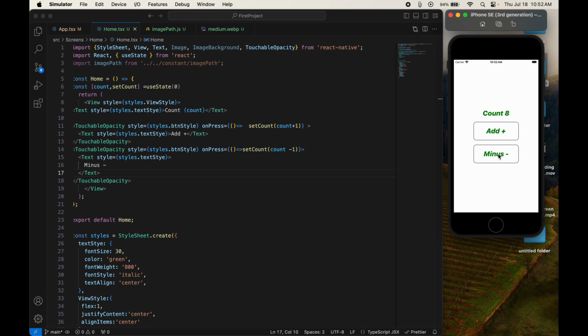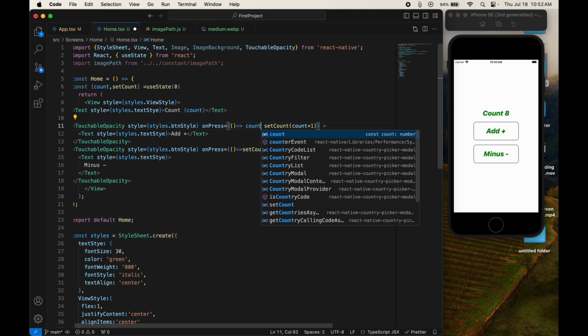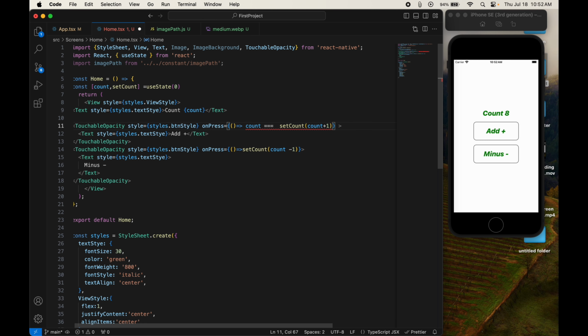So now I am applying the condition to show an alert when the count value becomes 10, and another alert when the count value becomes 0. So the condition is like count, and if the count is 10, this is a ternary operator, so it shows if the count value is equal to 10, so I'm showing Alert.alert,